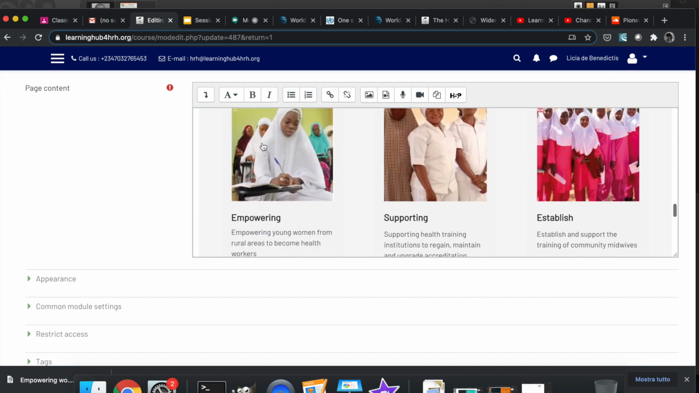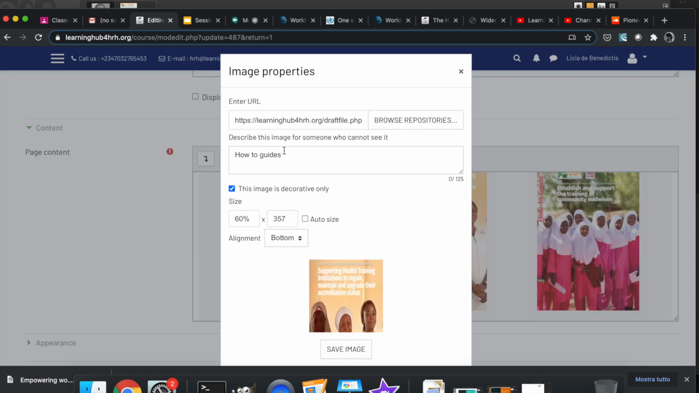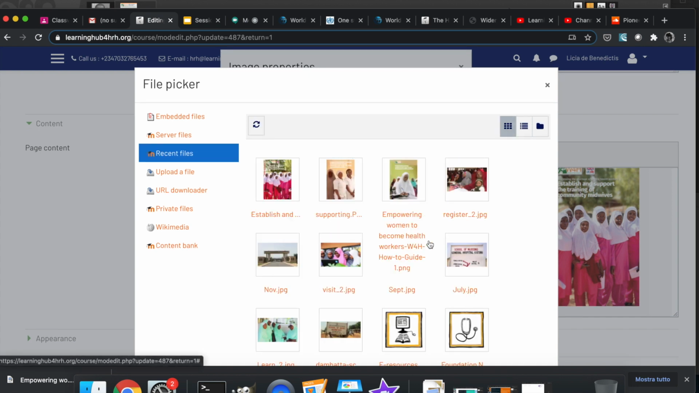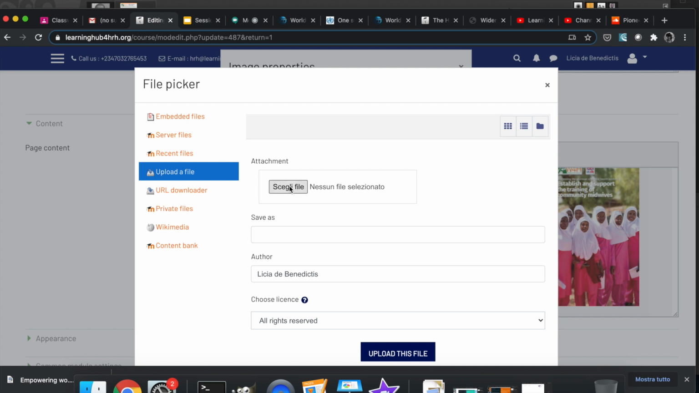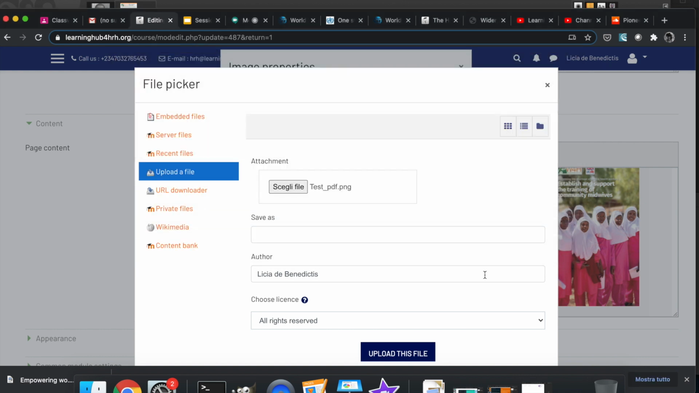one of our images. So you just select the image, you go to browse repositories. I have to do a training about how to say this word. Okay, and then you do upload file. You choose a file, and then you find your test PDF on your desktop, and then you just open, and